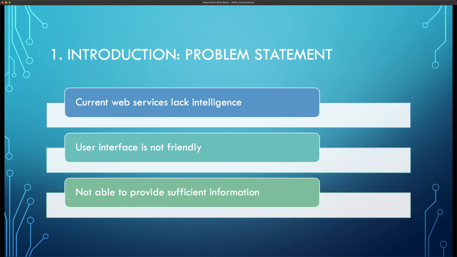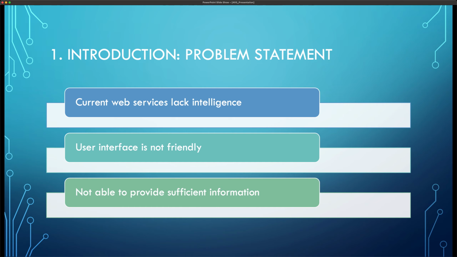Second, unfriendly user interface. The interaction between the user and web application is mainly like this. The user inputs keywords in text form, and the website displays the search result on the screen. However, users with some disabilities or illiteracy may find it very difficult to use the keyboard to input text. So, the operation may be inconvenient for them.